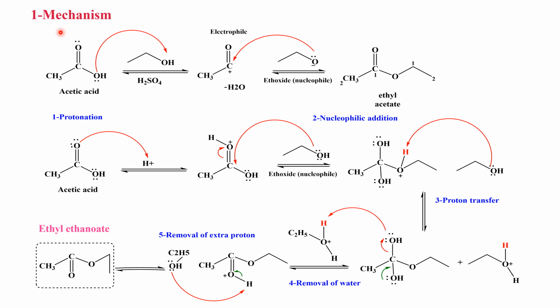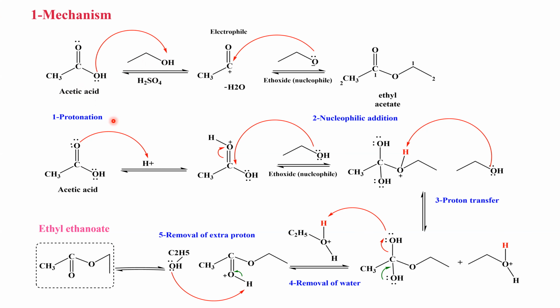This is acetic acid, the very simple and basic acid. We are reacting it with ethanol, which is ethyl alcohol, and using sulfuric acid. So this is the shorter mechanism,